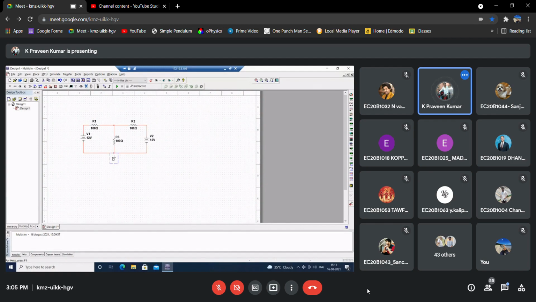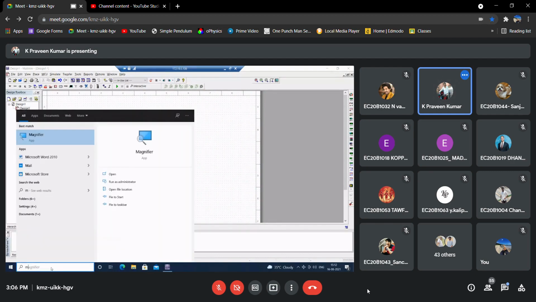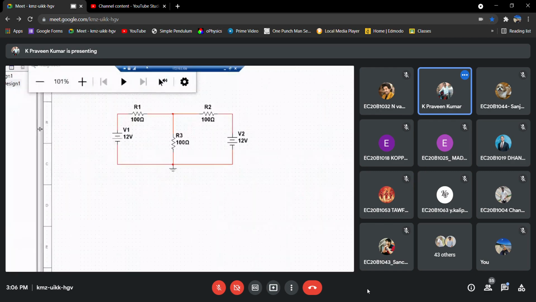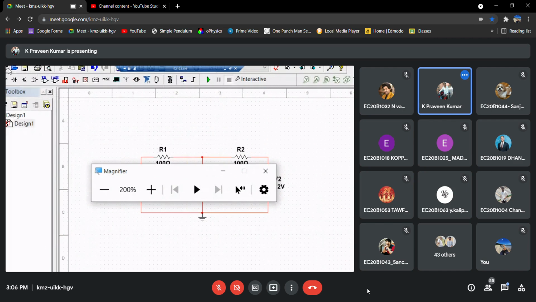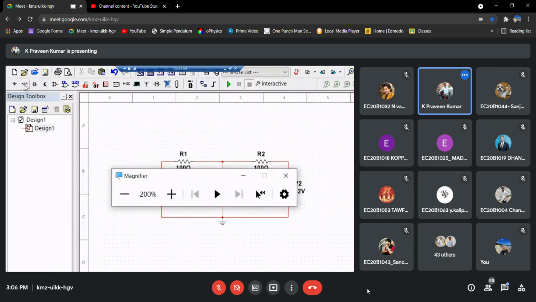I think you are aware of all these basic components and how to get them, right? If you see in this menu bar, here you will have all these basic sources. This is your power sources, and these are basic resistors, diodes.